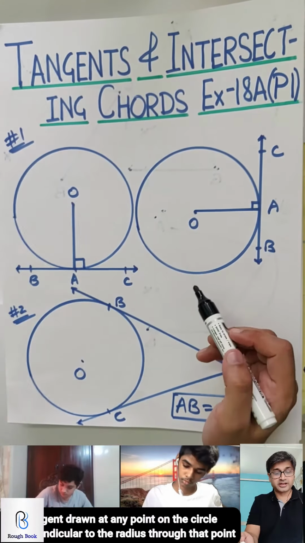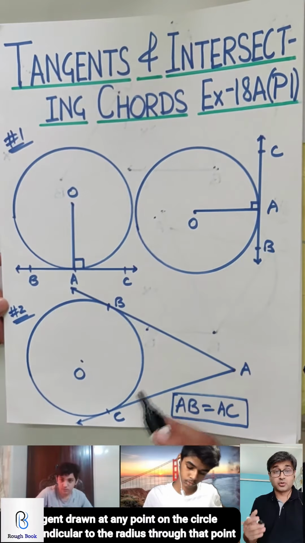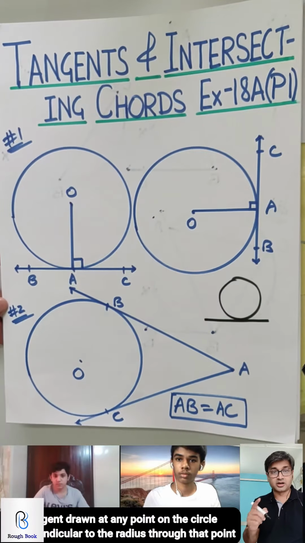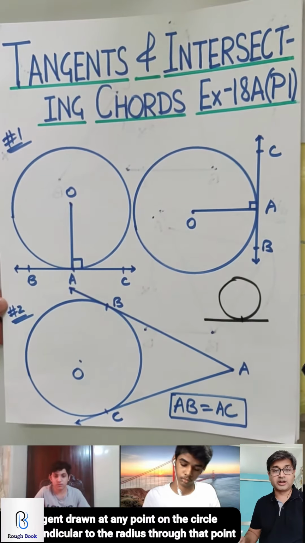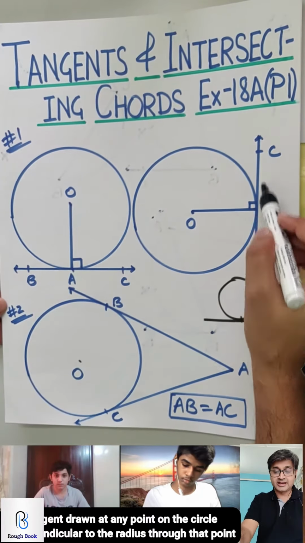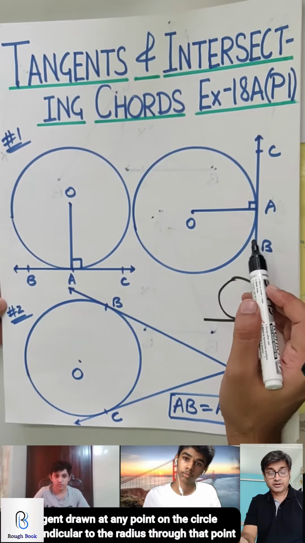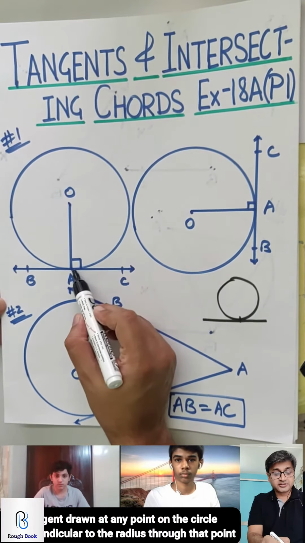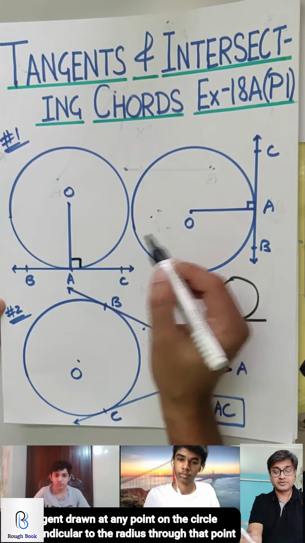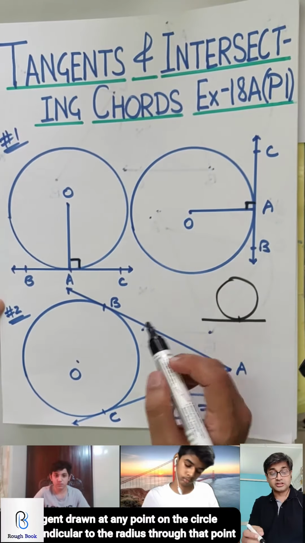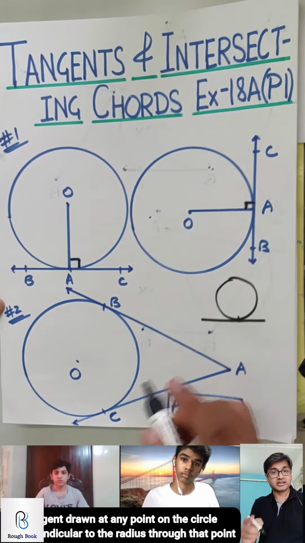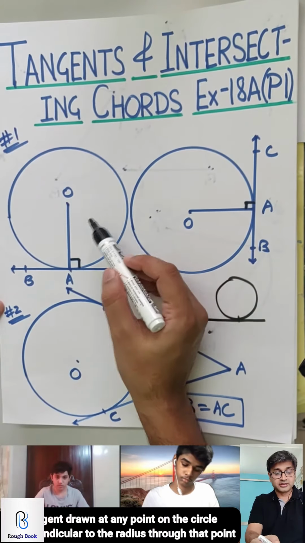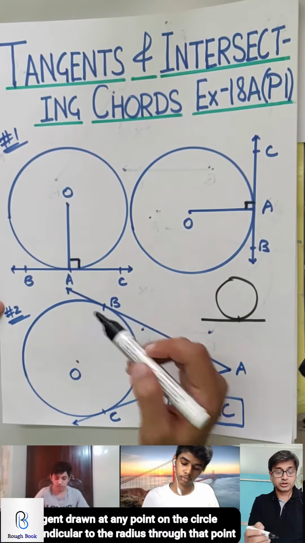If you look at these first two diagrams, you will see that these are tangents. Now what is a tangent? First you need to know that. When you have a circle and a line which touches the circle only in one point, such a line is called a tangent. So in this case BC and BC, obviously in both cases, are your tangents. When a tangent is drawn and you connect the tangent with the radius, this point over here automatically becomes 90 degrees. So using this property you can directly state that this angle is 90 degrees. That's your first property. So I am repeating it: tangent drawn at any point on the circle is perpendicular to the radius through that point.